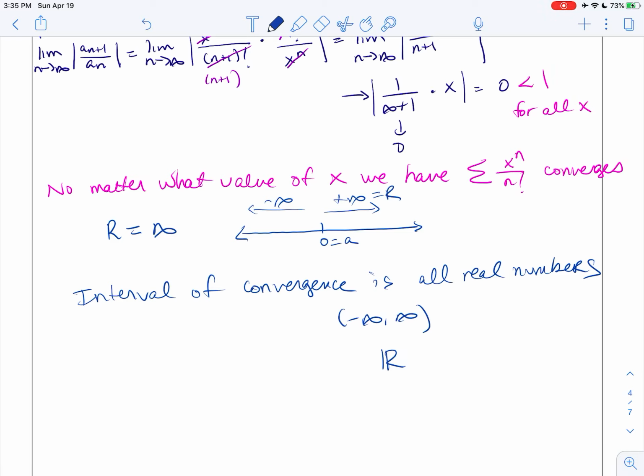We will continue the worksheet later, but I think this is a nice introduction to power series and finding the interval